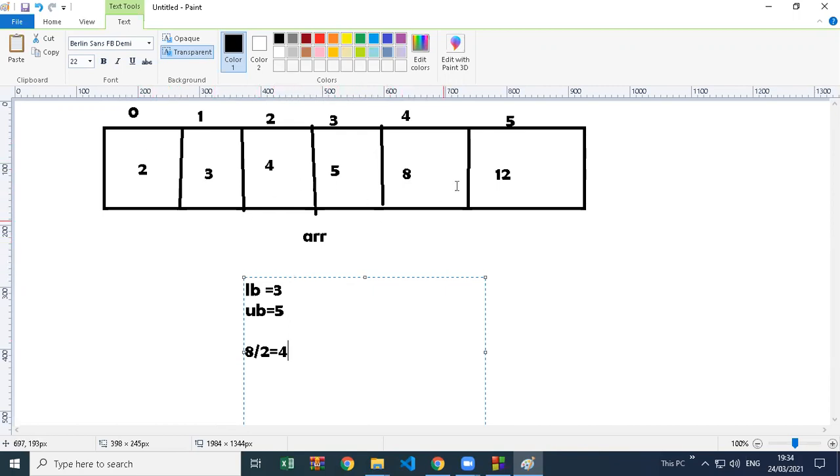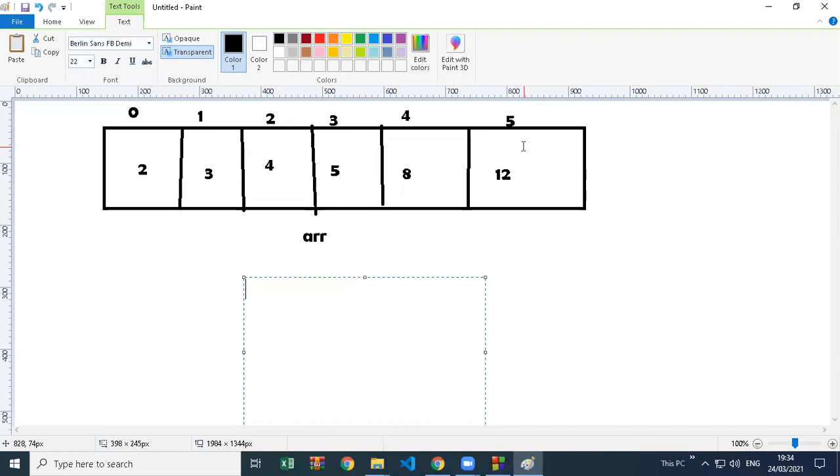So does anyone have a doubt first of all in the concept? Does anyone have a doubt in the concept, how we are taking lower bound and upper bound? Please tell me if you have a doubt. Then we found the number 8. Just in 2 comparisons, you can see, we have a total of 6 elements, and in just 2 comparisons, or at most 3 comparisons, it is going to find the number. Currently we found it in just two comparisons.